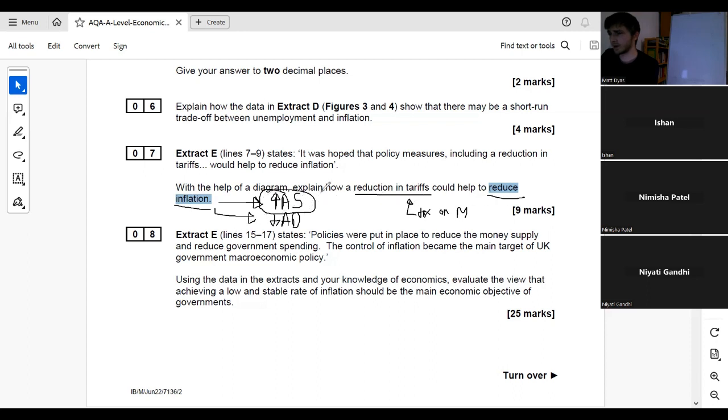So can we think about AD next then? I've said AD does shift. The reduction in tariffs will have an impact on AD. Is it going to be up, down? It's an important question for you guys, even though we have a possible way to answer this, because it would still be good to work out, are there two possible ways to answer this, or is the AD option not relevant? So if you reduce tariffs, how would that impact AD?